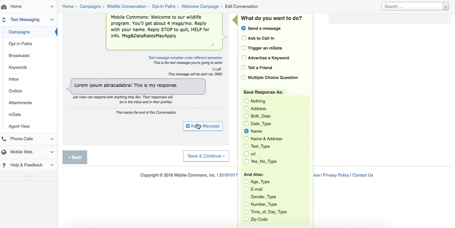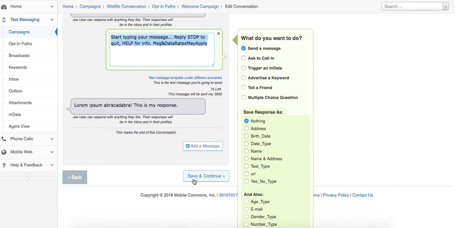In this case, we're just asking for name, and similar to any conversation, you want to create a reply when you ask for something. So our subscriber is going to reply with their first name here, and then we're going to say, thanks. You can even include the first name with our mail merge field here. So we're going to do first name. Welcome to our program. And you can, again, go ahead and keep getting more information out of them. At this point, I'm just going to let them know